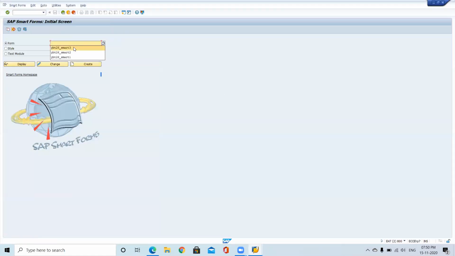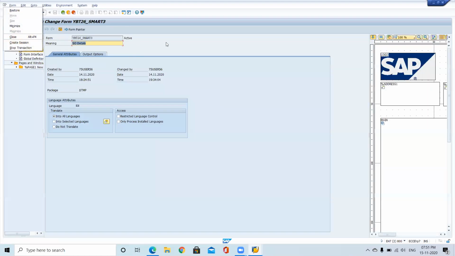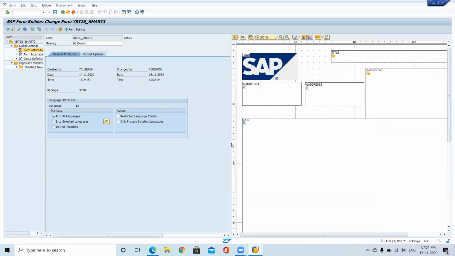Now we are inside the smartphone. Last time we made changes on this. One more confusion here: when we created header and items, in the header we are giving the fields which contain only one entry, and in items we have multiple data, multiple entries. So the thing is, we are talking about one person.